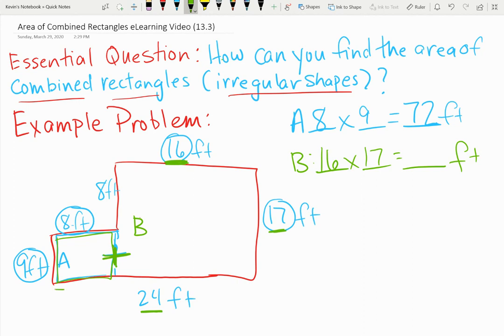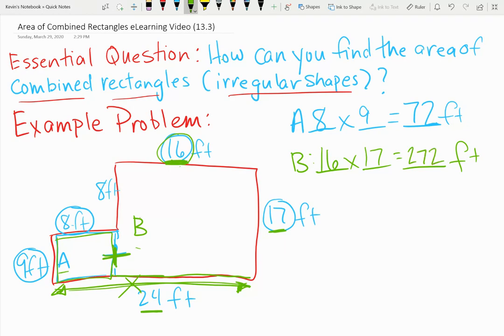Keep in mind, 24 is a total length for box A and B. So you don't want to do this. Don't get caught up in saying, well, I see 24 times 17. Remember, 24 is the total length of box A and B, but you only want the edge of box B, which is 16. So then we multiply 16 times 17, and we get